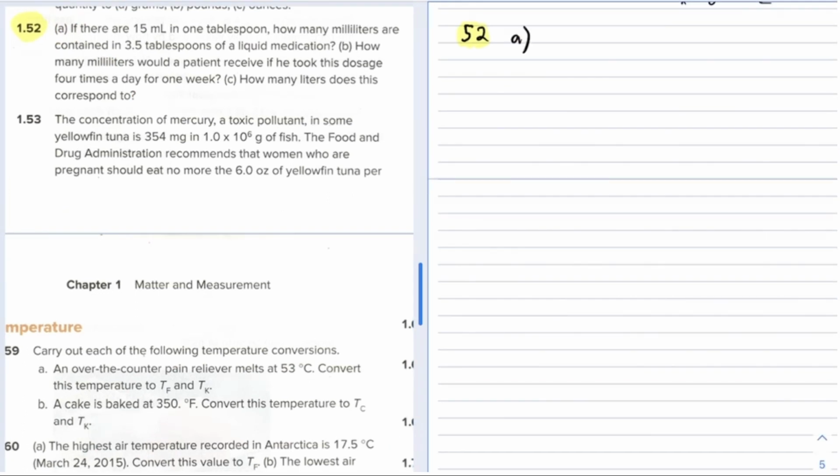Okay, 15 milliliters in 1 tablespoon. This is an approximate conversion, by the way. You know, there are approximately 15 milliliters per tablespoon. I think it might be 14.99 something. I can't remember the conversion, but it's not exact. Okay, so how many milliliters are contained in